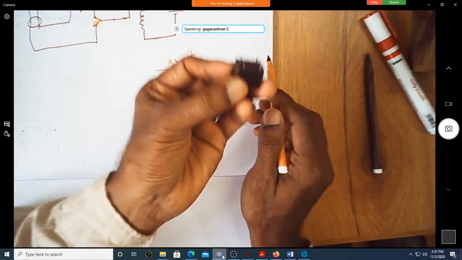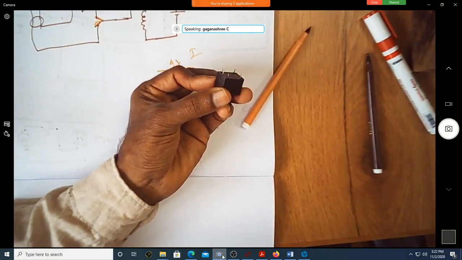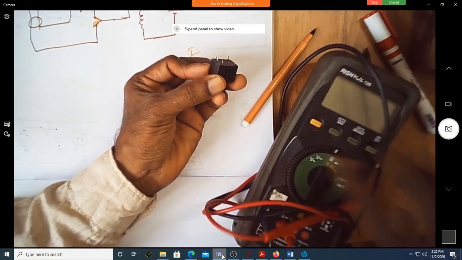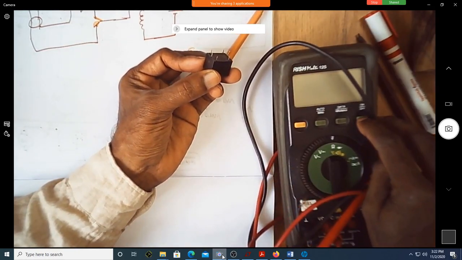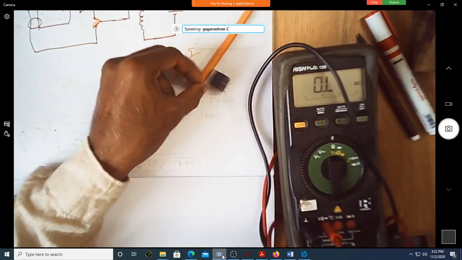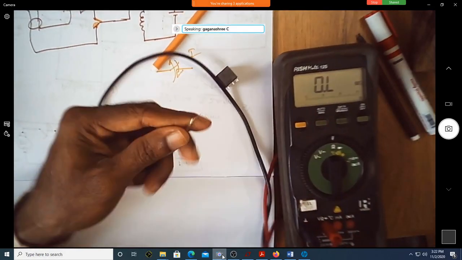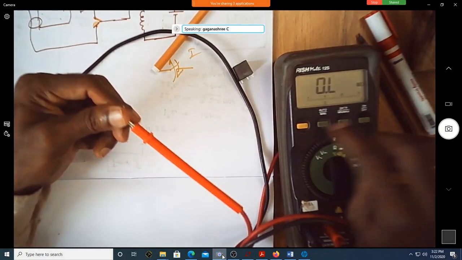Now I have the multimeter with me. Will this multimeter make a sound when it is short circuited? Suppose there is 0 resistance, will it make a short circuit sound? Can you hear that?